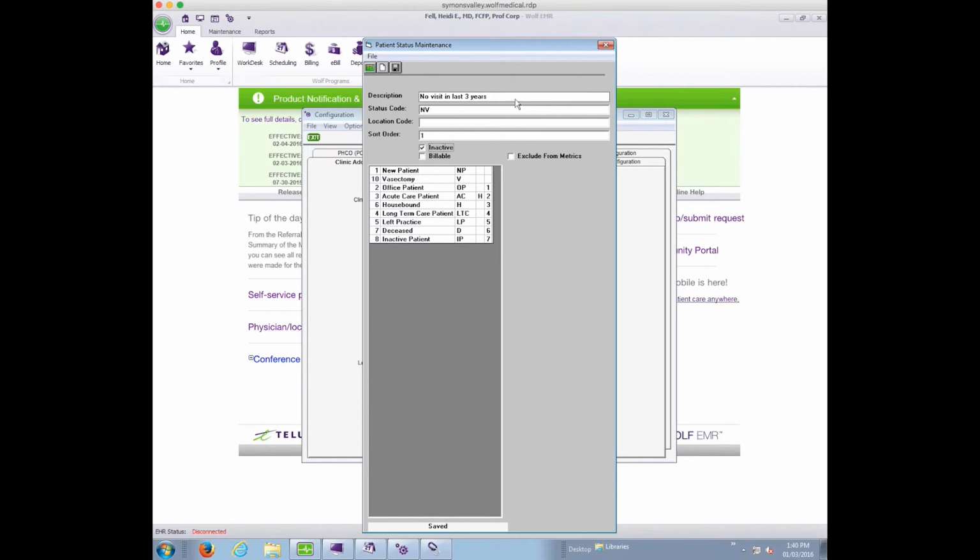So this means that they won't come up in my routine searches, but I can search for just the patients with a status of no visit in the last 3 years, and I can also find them if I want to click Include Inactive on any of my searches. I would be able to find them then. Okay, again, if I want to save that, I just click on the floppy disk button,